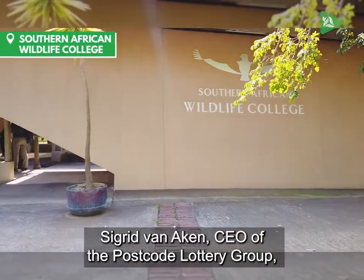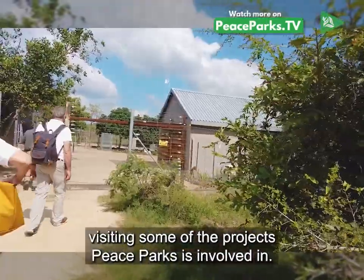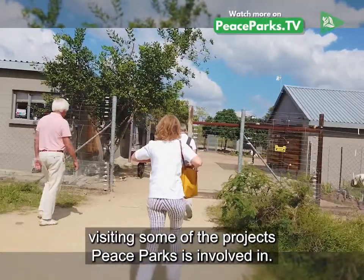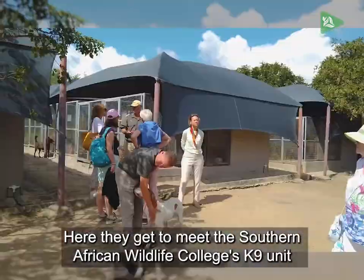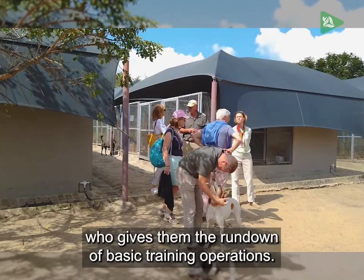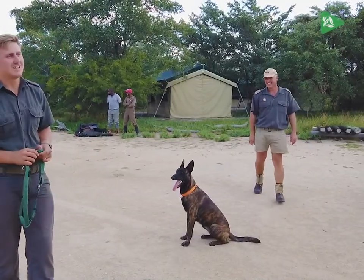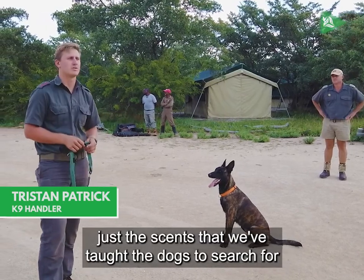Sigrid van Aken, CEO of the Postcode Lottery Group, recently spent a few days with Werner and Lilian, visiting some of the projects SANParks is involved in. Here, they get to meet the Southern African Wildlife College's canine unit, who gives them a rundown of basic training operations. What we're going to do here, detection is pretty much just the sense that we've taught the dogs to